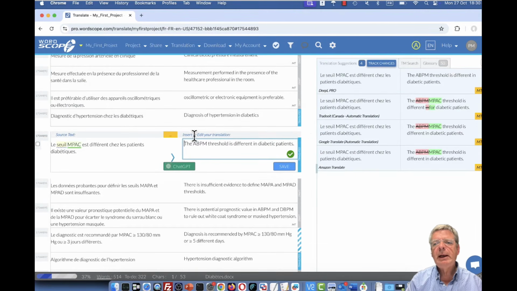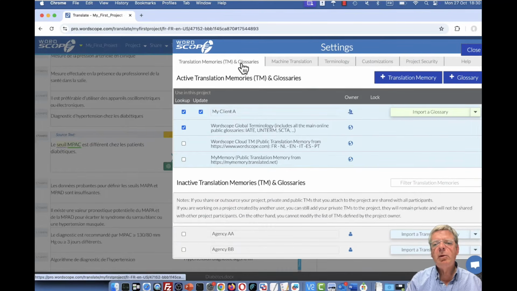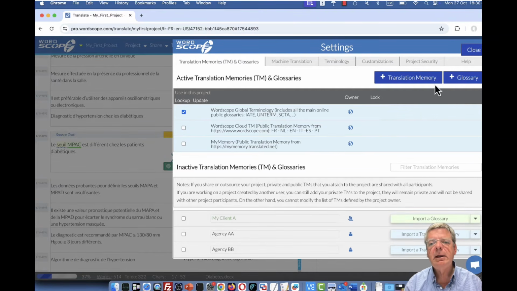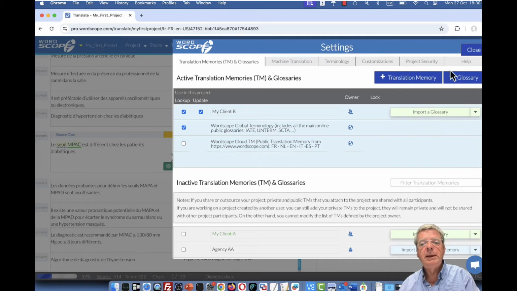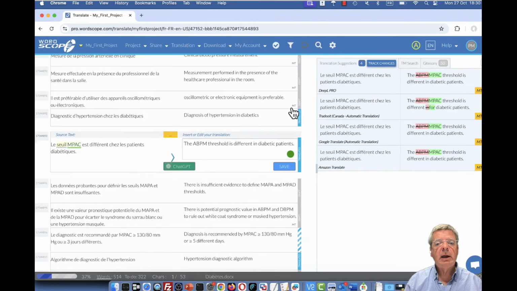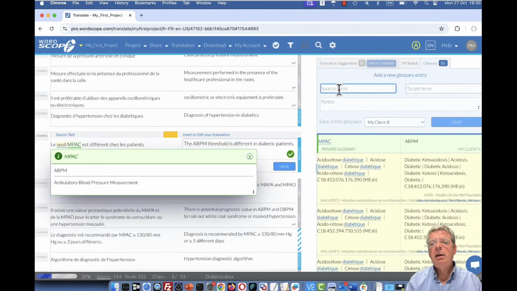Now, if we go back here, let's say that you're working for another client. So I'm removing my client A glossary and creating a client B glossary, because you can be translating the same type of text and maybe client A wants this translation, maybe client B wants something else. So let's say that for this glossary entry, we'll now create one for client B. Let's say that client B doesn't want the acronym in the translation, so we'll just type the full translation of this term,